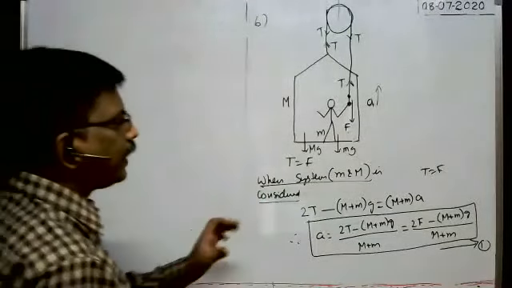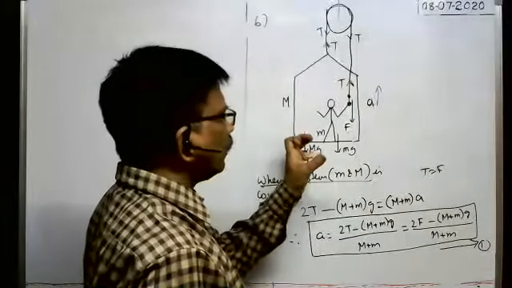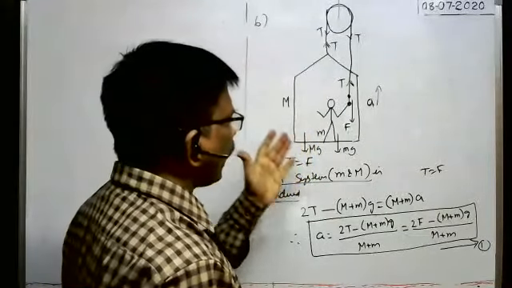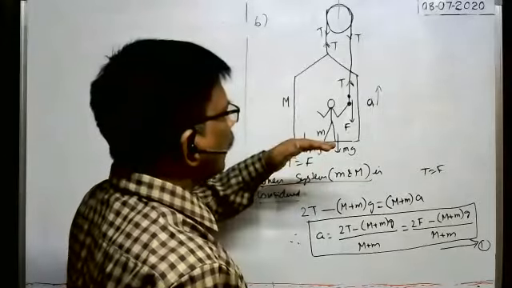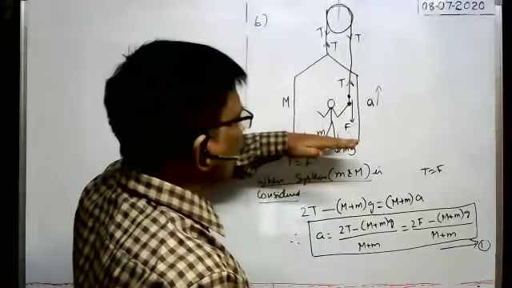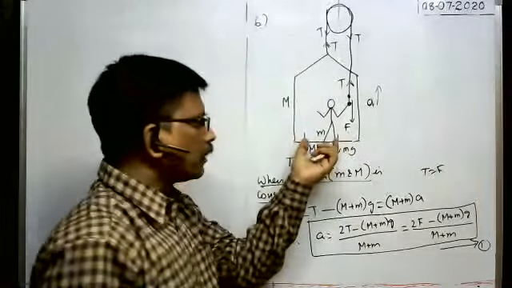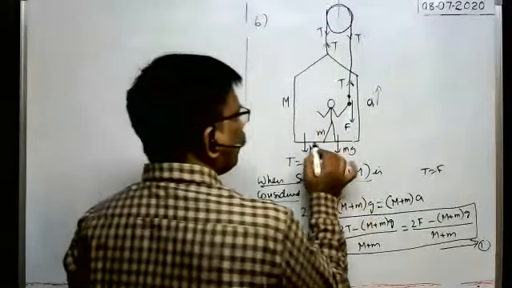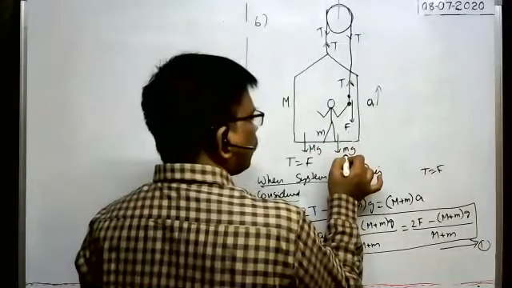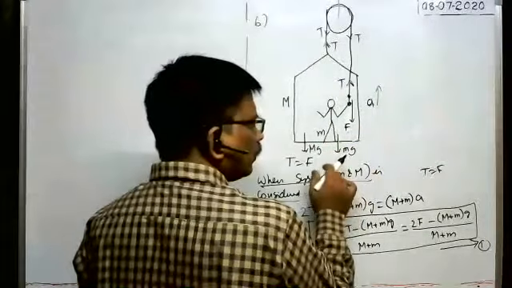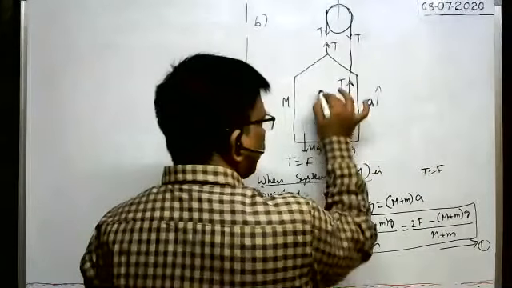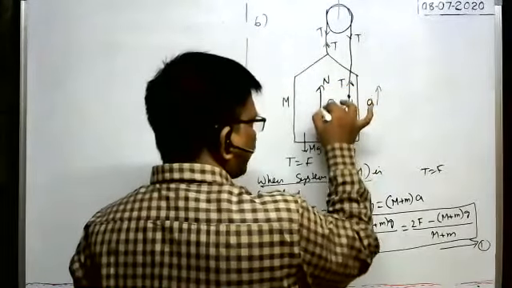Next, in this case, what is the normal reaction that acts on the man? In this case, what is the normal reaction that acts on the man? Or what is the normal reaction exerted by the floor of the lift on the man? Because normal reaction is exerted by the floor on the man only, no? Because the man is standing on the floor, because of his weight mg, does the man come down? No. At the same time, the floor of the lift exerts the reaction force on the man upwards. What is that reaction force?